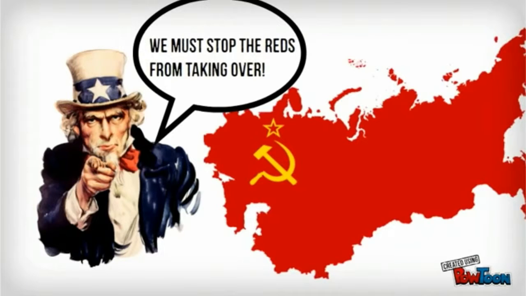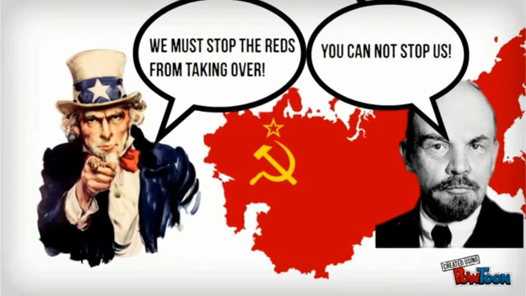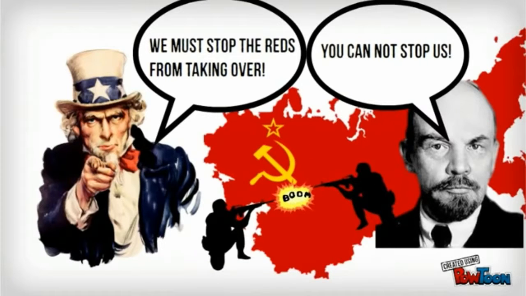We could say it all started at the end of World War II, but in reality the conflict between the US and the USSR started during the Russian Civil War, when the US, along with other Western nations, sent troops and supplies to help the White Army defeat Lenin's Red Army and stop the communists from taking control of the government.